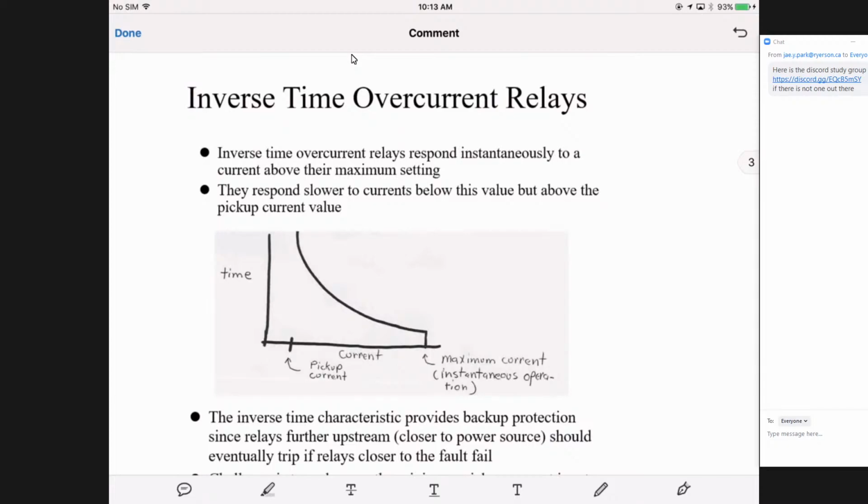Okay, let's continue. Resume the class. Let's resume the class. Okay, we are talking about the characteristic of